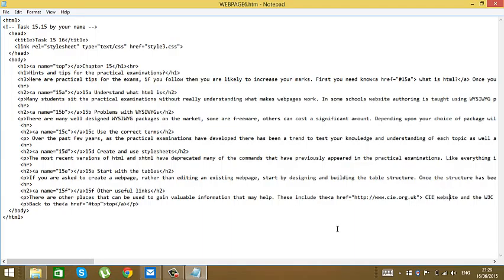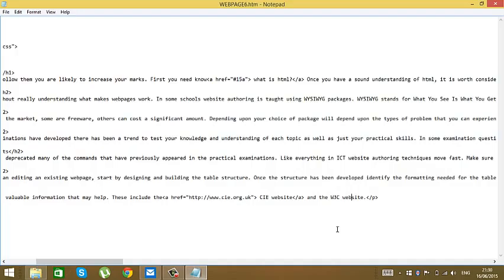After the CIE website, since those are the words that we will link to the site, we close it and put it between the a. We must do the same thing to the W3C to go to the website.